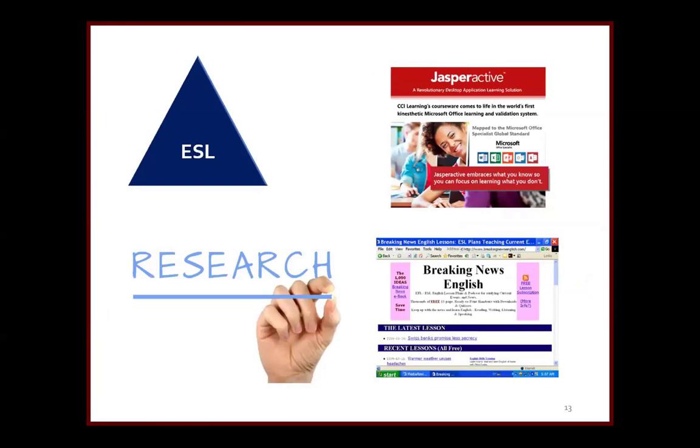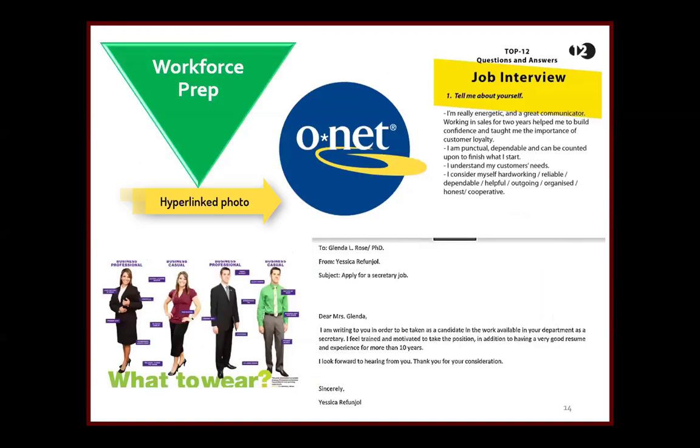So integrated EL Civics includes English language, and my syllabus was a little bit different in the beginning. I found that what I really needed to do to truly integrate this course was to have the students do some research. We used content from Breaking News English for articles. We used the English, of course, in Jasper Active, but a lot of the English language that we did had to do with the projects that they had to do using the skills that they were learning in Word. I'll come back to that in just a few minutes.